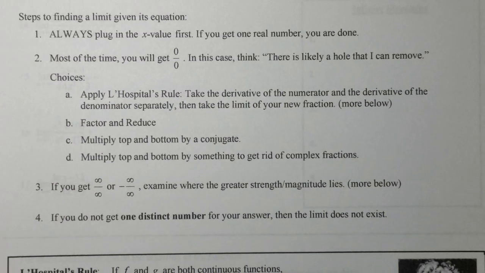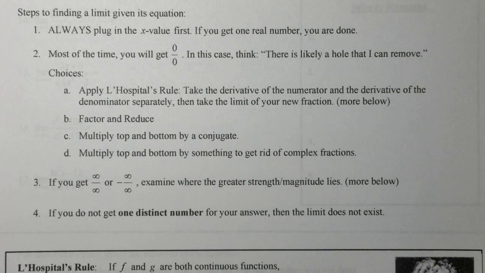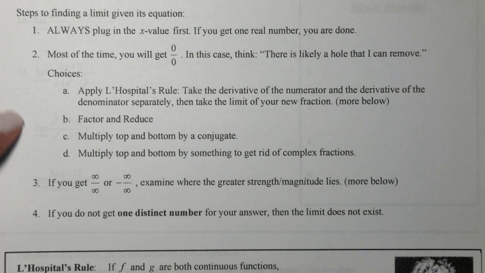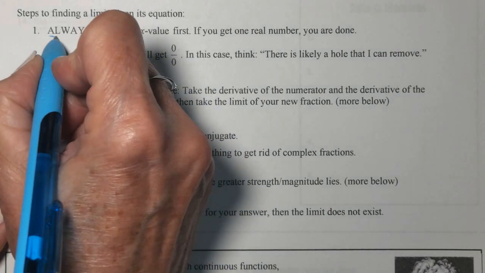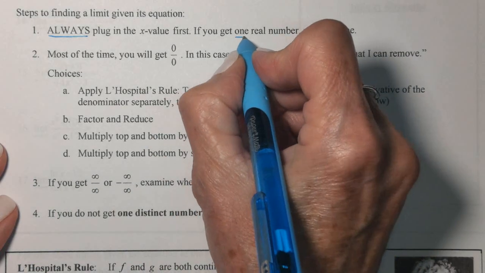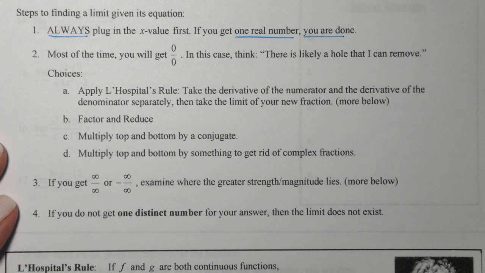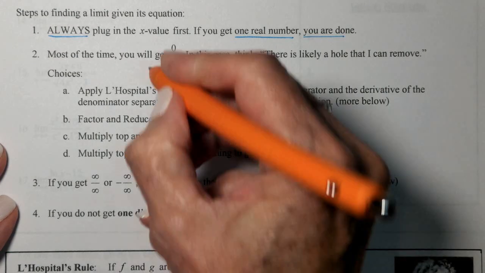What about if you're not given the graph? What if you're given the equation of a function instead? Here are a list of steps to take if you're just given the equation. Always plug in the x value to your expression. If you get one real number, then you're done. Your limit is that number. Most of the time, though, you're going to get